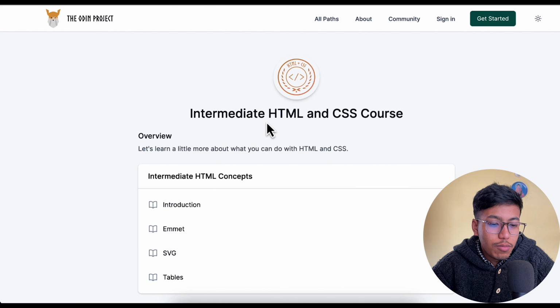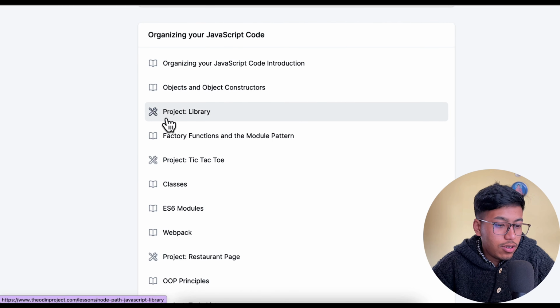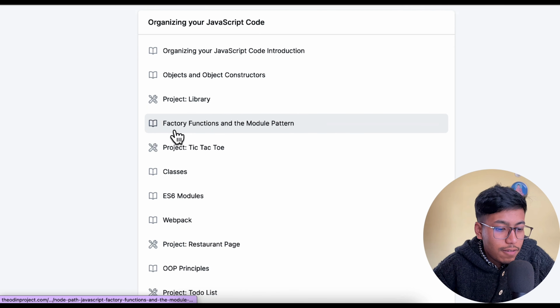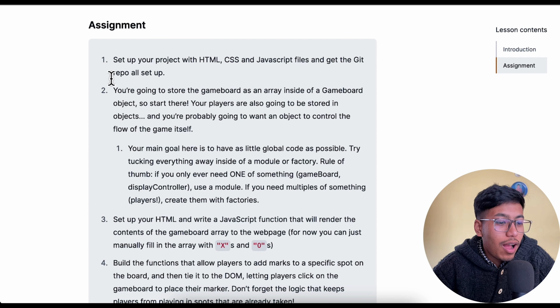and look into the JavaScript section. In the JavaScript section as well, there are multiple steps out here, organizing your code. Let's see one of the projects. Let's see tic-tac-toe. In tic-tac-toe, this is one of the beautiful things about this website. It gives you the assignment. It provides step by step how you can create the